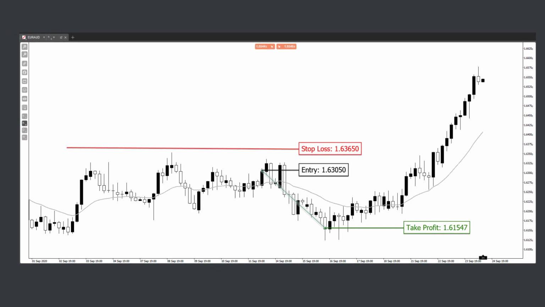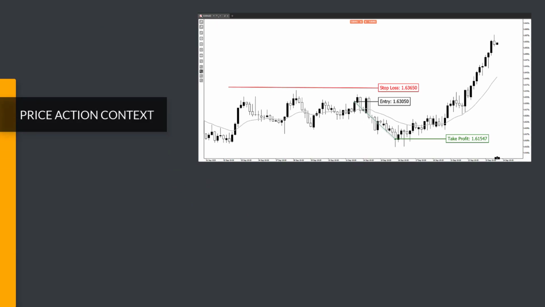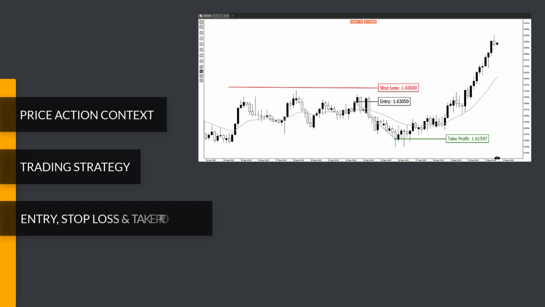And in this video I will do a top-down multi-time frame analysis of the price action context leading up to the trade so you can see why I took this trade. I will share with you my entry strategy, why I get in, where I got in. We will have a look at the exact entry, stop loss and take profit details,